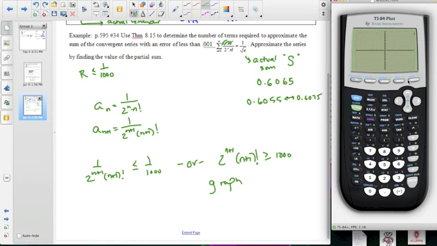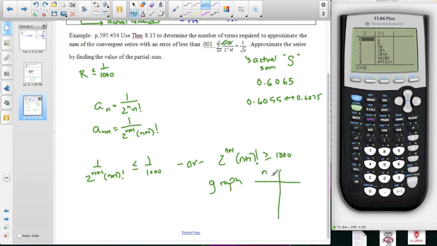And not that I need to graph it, what I really need to do is look at the table. Those are discrete values. It's not a continuous function because of the factorial. So it's going to have a value at 1 and at 2 and at 3 and at 4. And we're certainly off the grid, so I'm not going to worry about that at all. I'm just going to worry about the table. So if we look at this table,